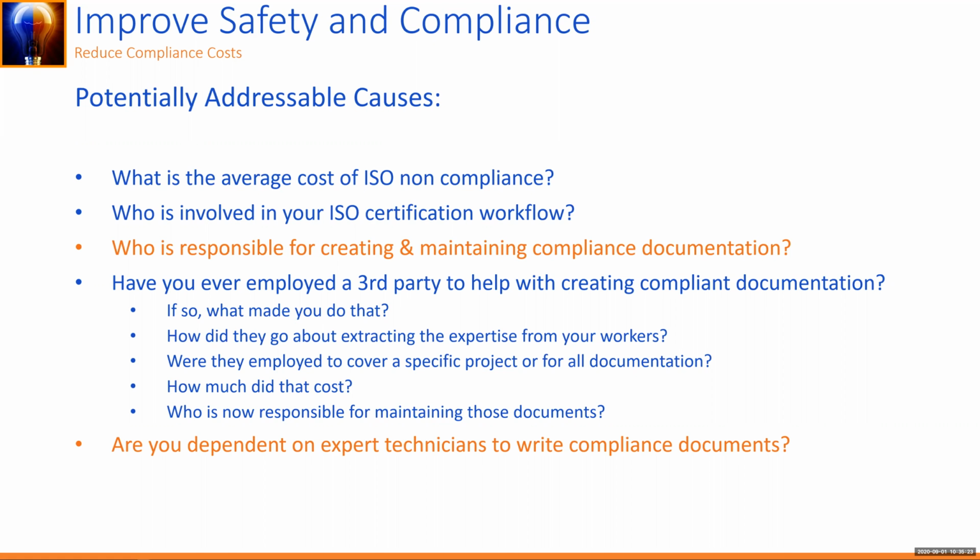Being able to make sure that documentation stays up to date is sometimes a daunting task, depending on the complexity of the process and the number of different products flowing through. It can be something where you have multiple full-time people that do nothing but maintain that documentation. And if you have that kind of complex environment, this is definitely something that you should look at,